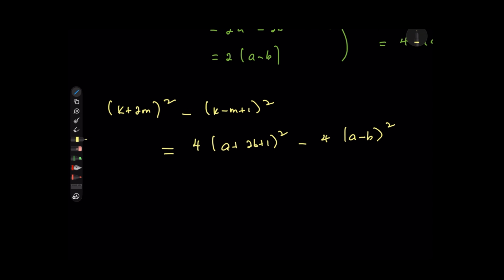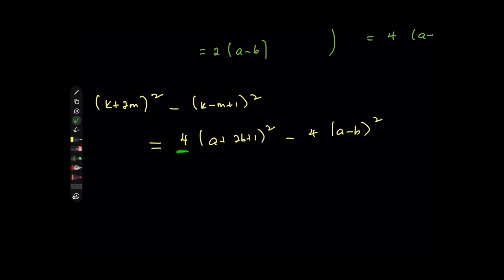I did that because I recognize that I have a number 4 and a number 4, and both of these terms are squared. So I can factorize out the number 4, and I did that specifically because the question asked to show that it is divisible by 4. So it's easy to see that I could factorize out the 4 and have (a plus 2b plus 1) all squared minus